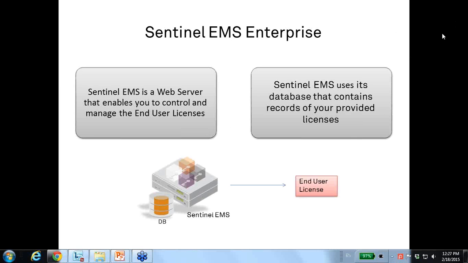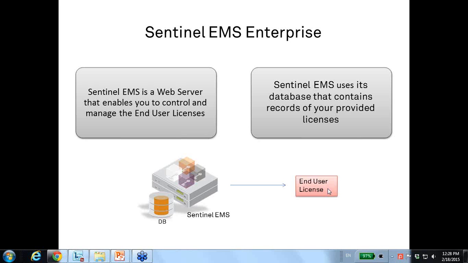This product, as a matter of fact, is the tool that I, as an ISV, will be using in order to manage all the licenses that I want to create for myself. Of course, we talked about the fact that these licenses will, at the end of the road, be provided and be used by my end users, as an ISV, as a software vendor. So my end user will be using these licenses, and I, as a software vendor, will be making sure, using these licenses, that every end user will be able to use my application according to the conditions that I set